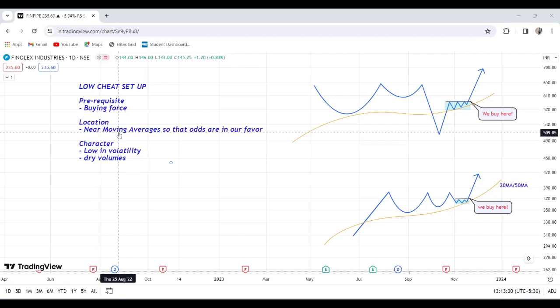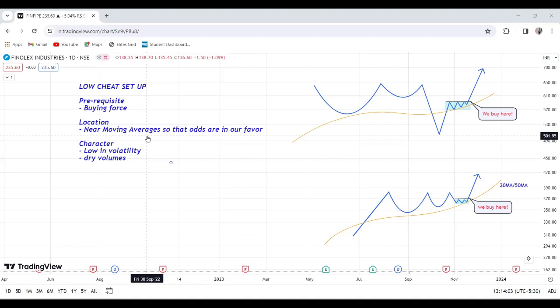Therefore, if I am going to risk my money, I am going to risk on very low risk areas. And where are those low risk areas? Probably near the moving averages. Now we'll see the character of the price near the location. On the location we need to find the unique character of the price, which is the price should be low in volatility and the volumes would be